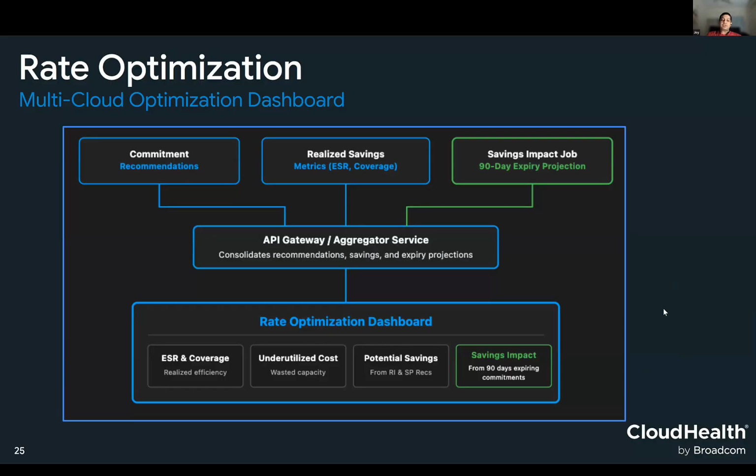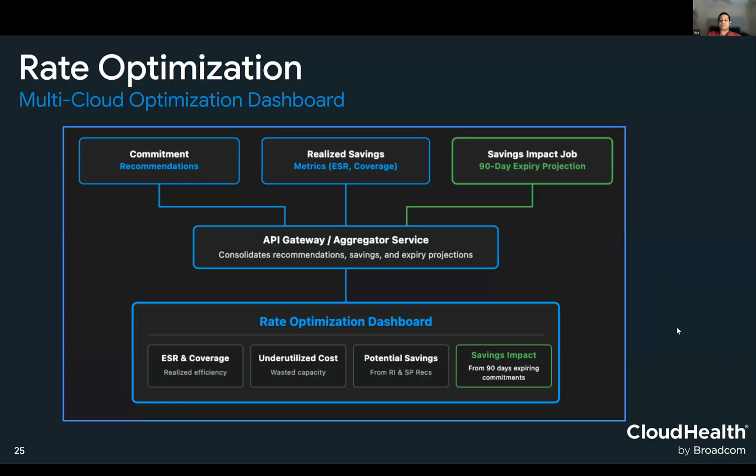The aggregator job combines all this data and then powers the ESR, the commitment coverage that shows the realized efficiency, the underutilized cost that shows how much is wastage, potential savings that shows the immediate opportunities from various recommendations, and savings impact that is a kind of a warning so customers can take action to ensure that the expiring commitments are renewed.